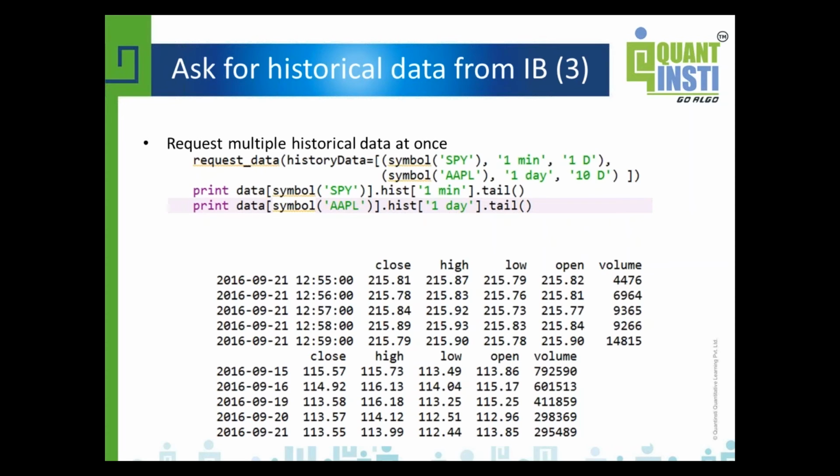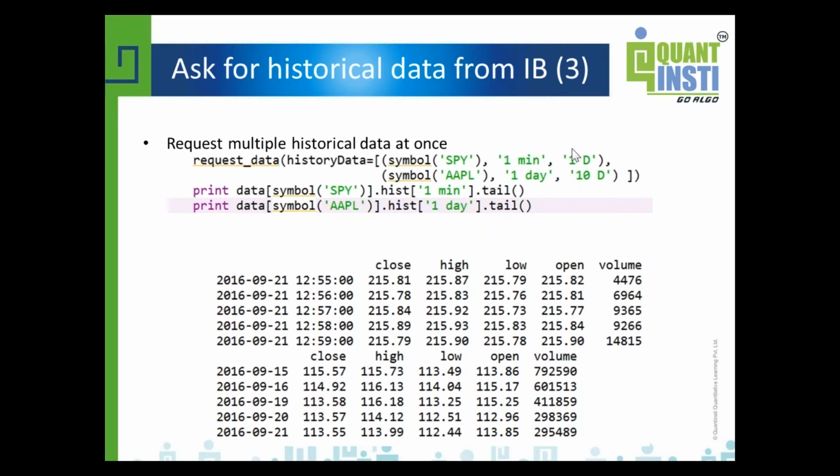As I mentioned, it's easy to use. You request once and you get the data later, and it is saved in the data class. It will be indexed by the name of your security, and the history will be saved as the attribute of hist with the time period you used to specify the data you request.